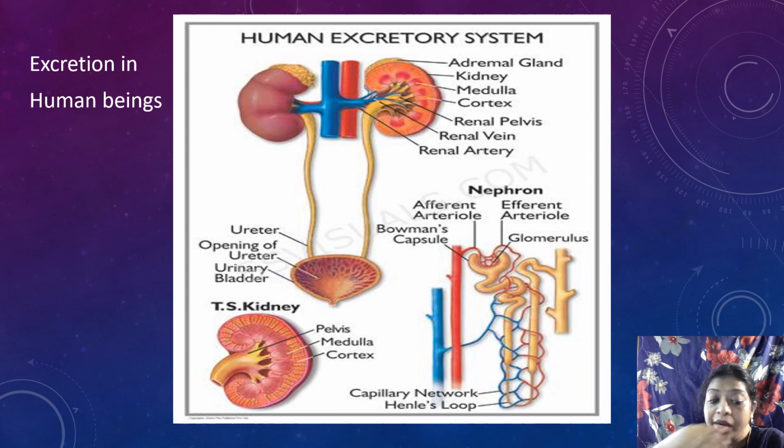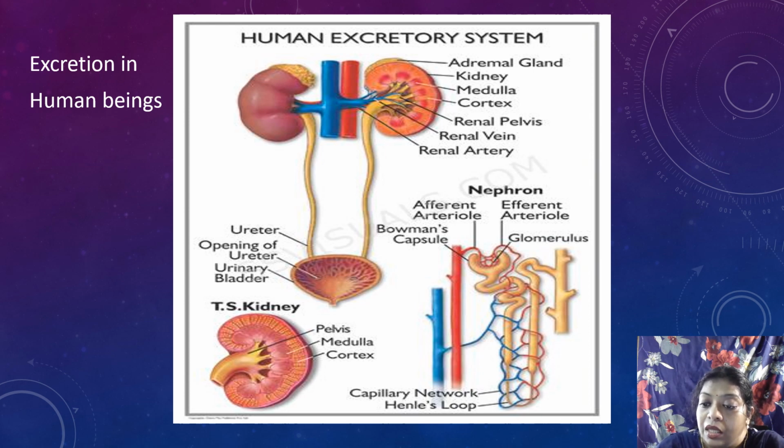The next one, the descending. I told you ascending, descending, especially in the loop of Henle. I told you, no, the ascending and the descending part. So the descending, what does it do? It filters. What does it filter? It depends on the permeability to water. The descending loop of Henle is very permeable to water, and therefore it filters,